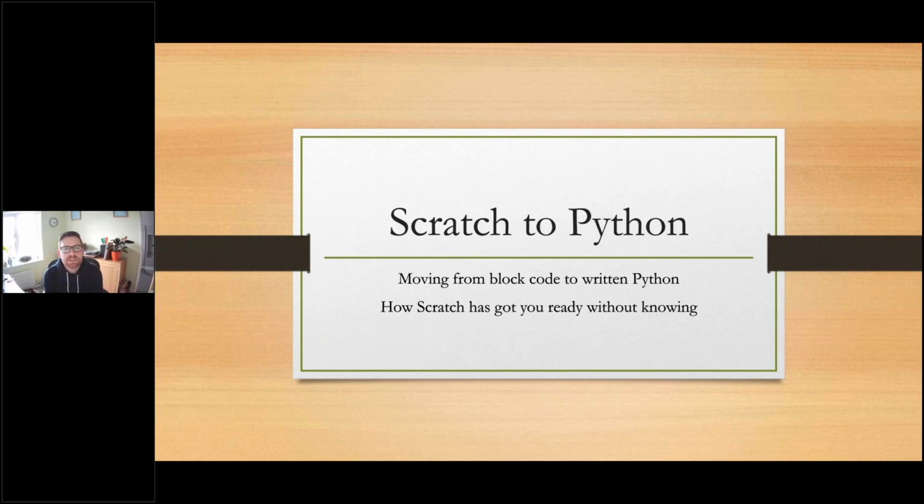The purpose of this video is to take you from block-based programming environments like Scratch into written-based language programming like Python. Now, what you probably don't realize is that Scratch has got you very much on the way to writing your code. It teaches you the structures, and actually, without realizing, things like indentation are part and parcel of